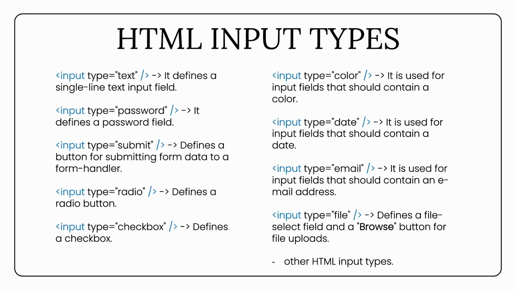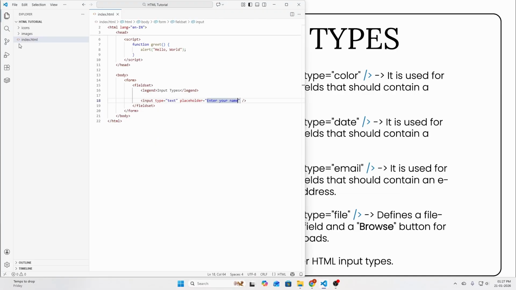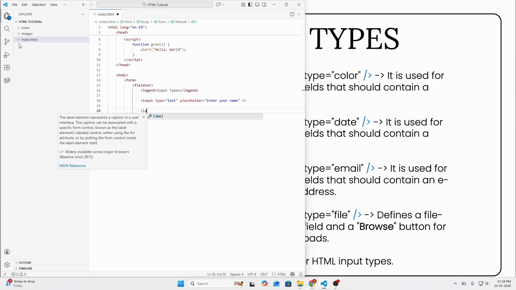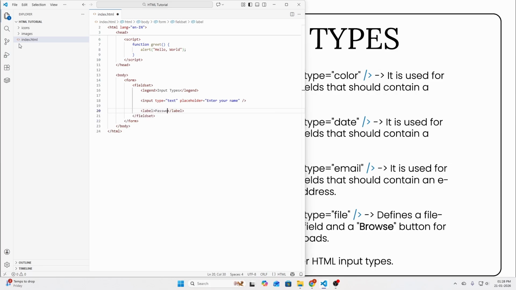Next we have the input type password, which simply defines a password field, and the characters in a password field are masked, shown as asterisks or circles. So if we go to our Visual Studio Code, let's write a label for it for better visualization. Let's write a label called password and define a for attribute, and say password here also. Below this let's write our input element with type as password, and also write a placeholder attribute that says enter your password,